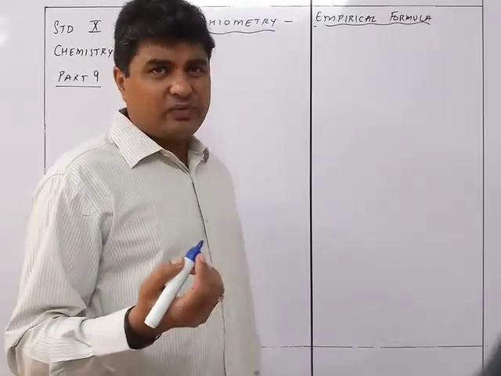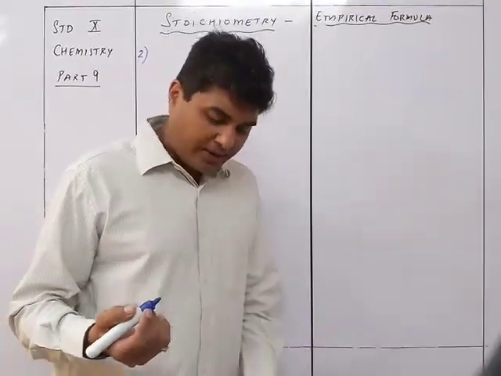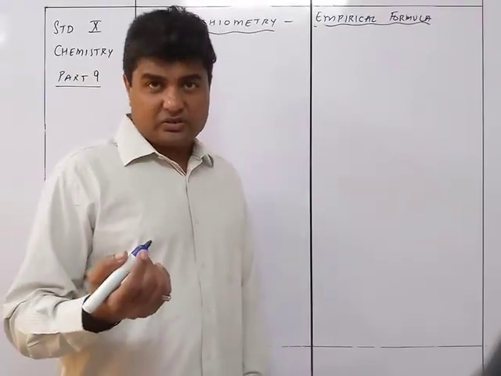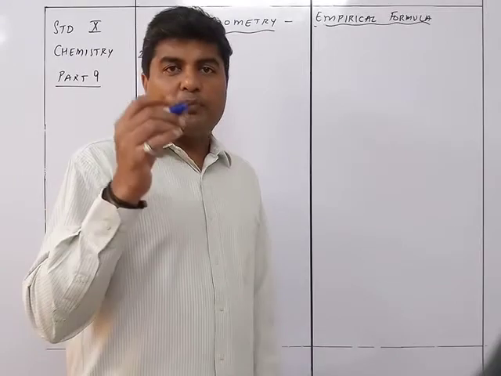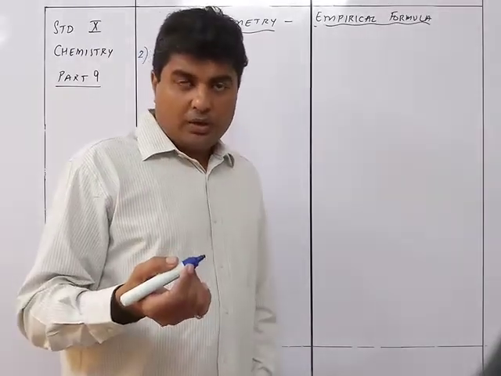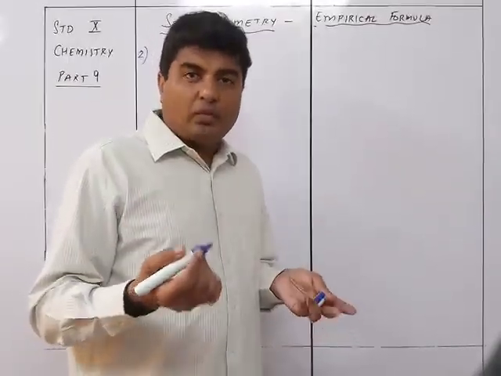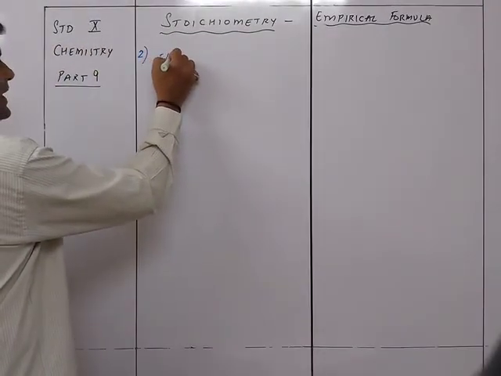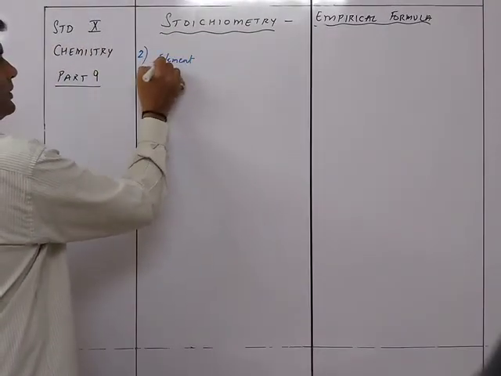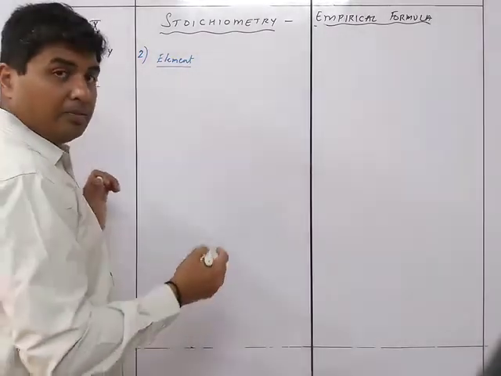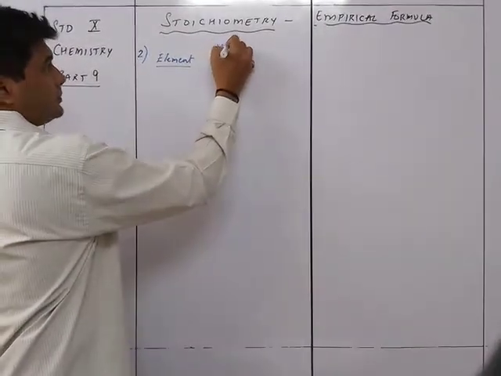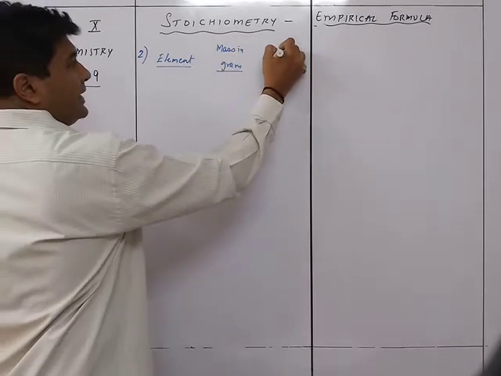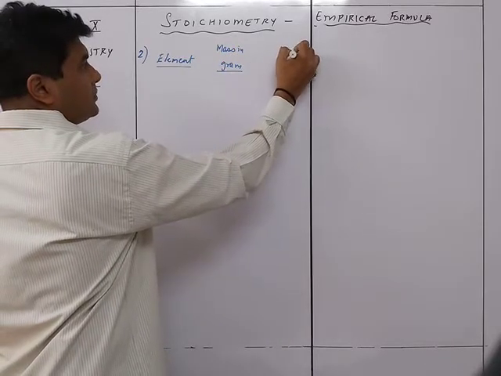So as such, we know that if we want to find the percentage composition, they have given that it contains 1.89 grams of X, so the percentage would be 1.89 upon 4. But instead of that, what we can do now is make a table with element, then mass in grams, then the atomic mass.